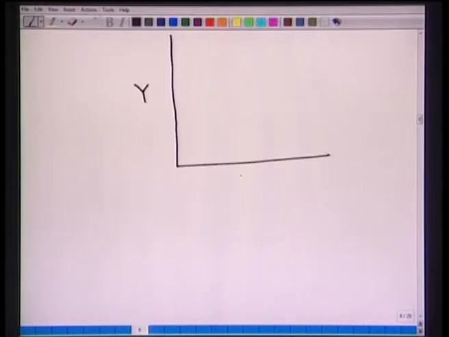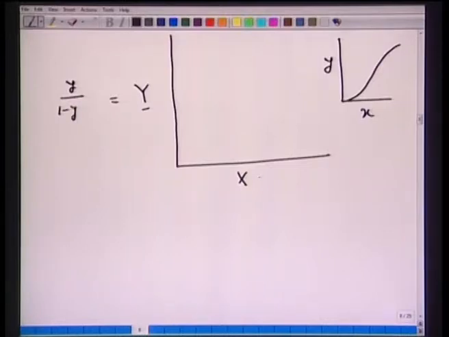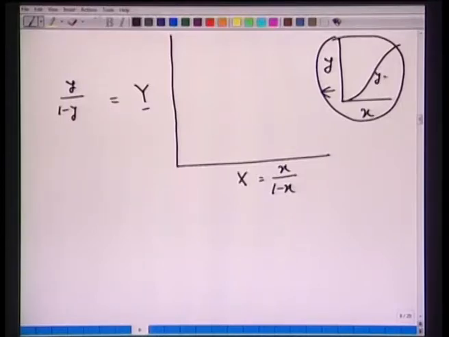Now we have capital Y and capital X. So recall earlier we had small y and small x. So this is our equilibrium curve like this. We can always convert y as small y over 1 minus y, and capital X we can write as small x over 1 minus x. So we can always convert this solubility curve or equilibrium curve, given between y and x as some function of x, to capital Y as some other function g of X. So we have, say, an equilibrium curve like this, Y as a function of X. Now we know how to mark the points.